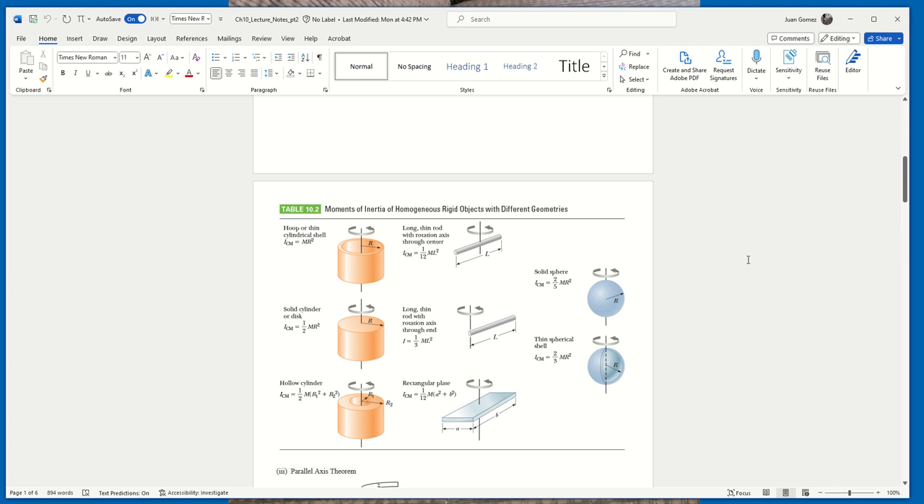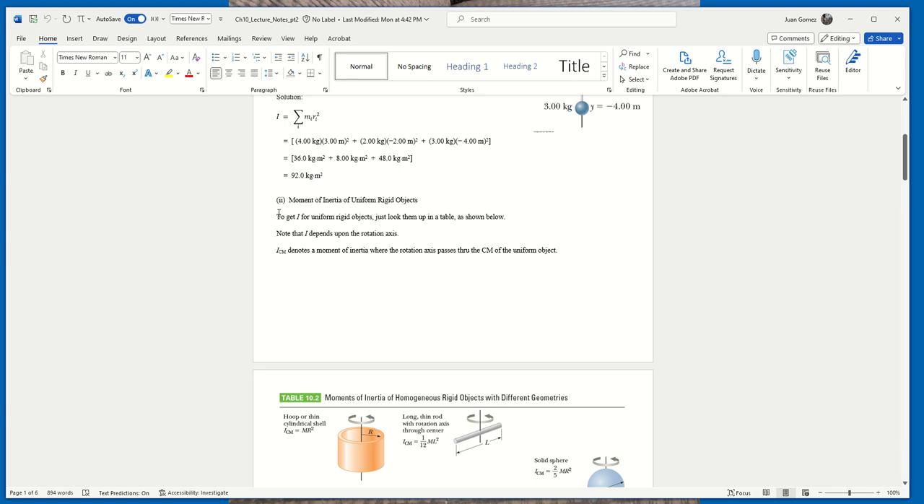Now, in the next lecture, well, Dr. Gomez, I pose this question. What if the object is not pivoted through the CM, as in the second example of the uniform rod? How do we know that for a uniform rod pivoted about one end, the I is 1/3 ml squared? Well, there's something called the parallel axis theorem, which we'll cover in the next lecture. But for now, to get the moment of inertia for uniform rigid objects pivoted about an axis that passes through the CM,